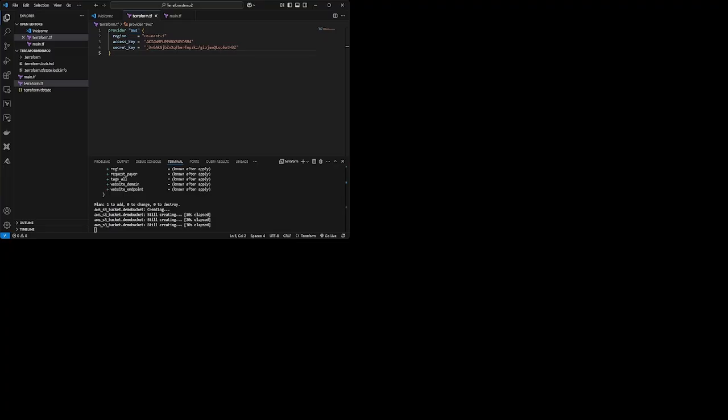Our terraform apply command is still running and almost done. Correct. So you can see that apply command is completed and one resource has been added to AWS platform. So we can go to our AWS account and check if this resource is